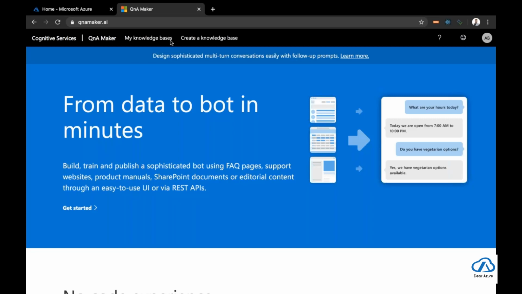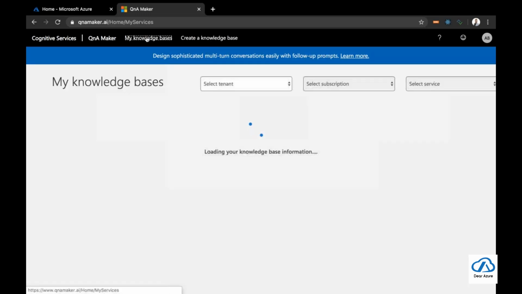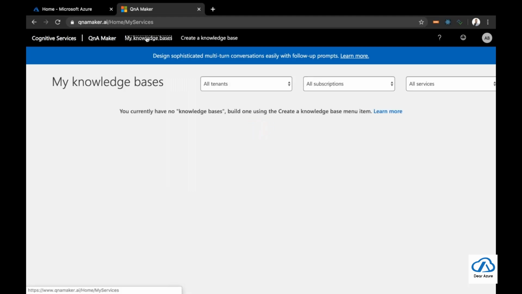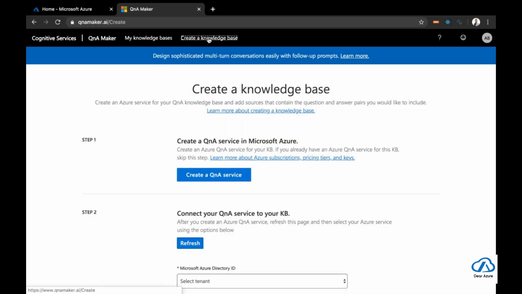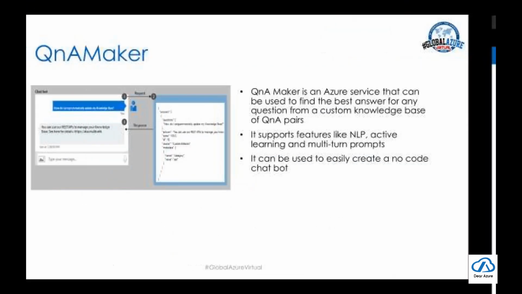So at the top you'll see there are two tabs here. One is the My Knowledge Bases and another is the Create a Knowledge Base. If I click on the My Knowledge Bases, this would list all the knowledge bases that I have created under my account. And if I go to this Create a Knowledge Base, let me click on this one now. This would give me a list of steps that I need to follow to create a new knowledge base in my account. So if I go back to the presentation,